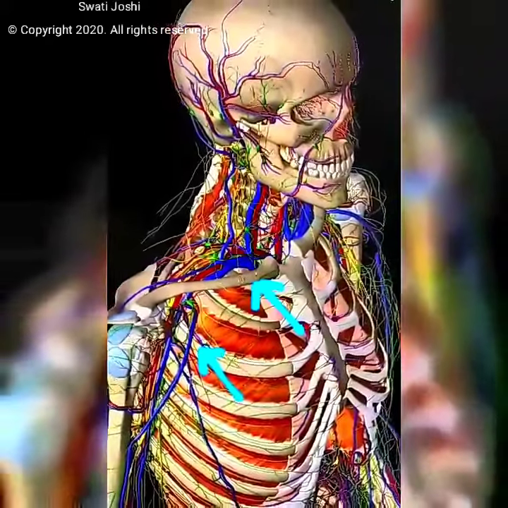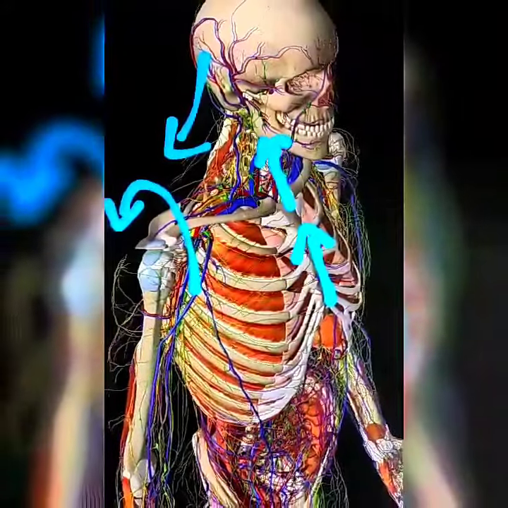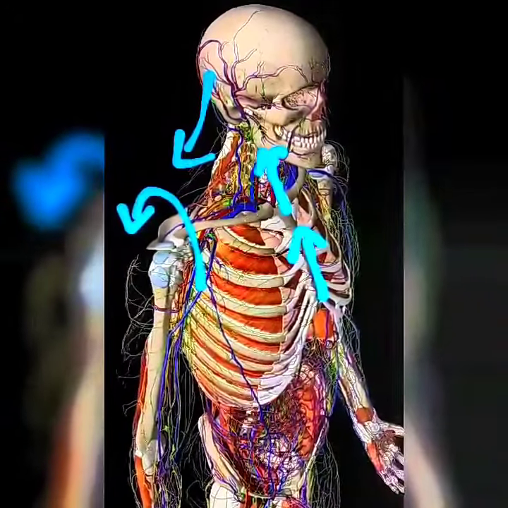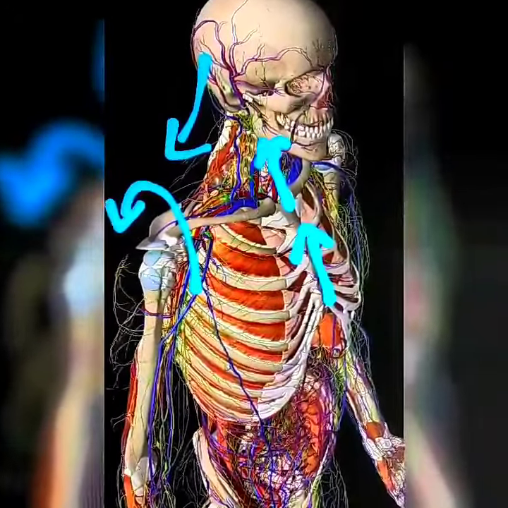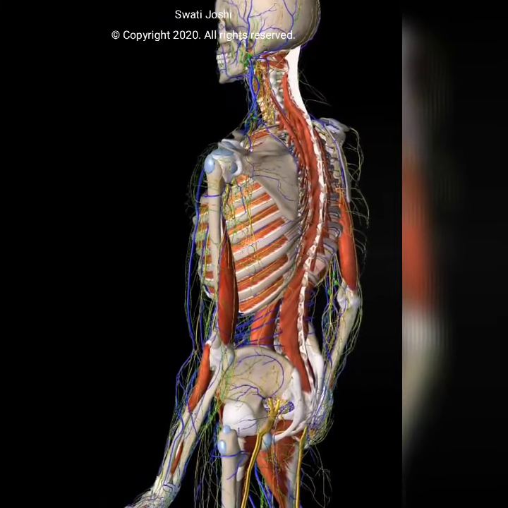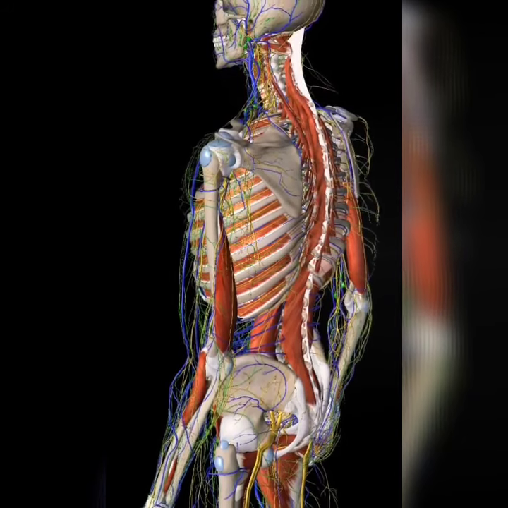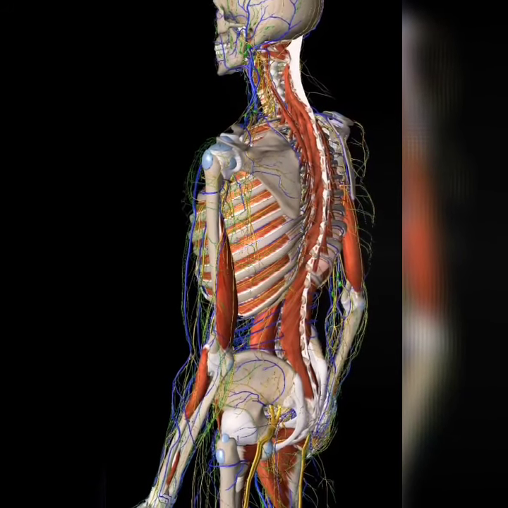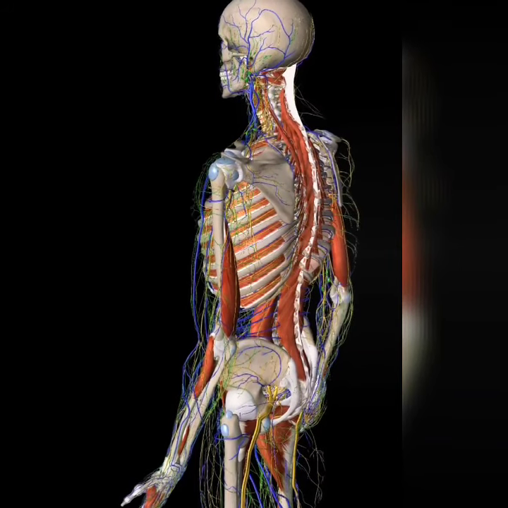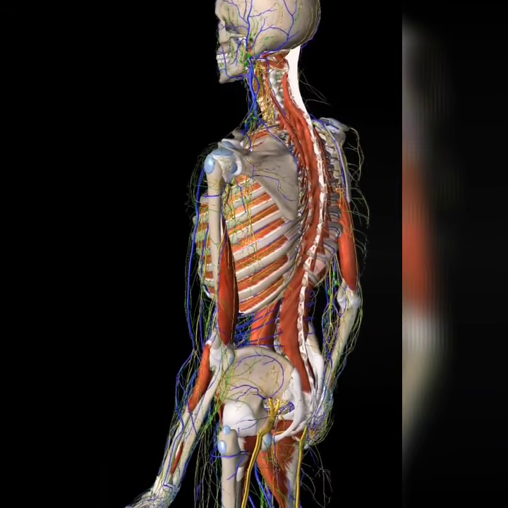See this area, this is called a cervical diaphragm. So through muscular movement you have to do the smooth movement here. Our central axis covers from head to tail vertebral column and ribcage is attached to this central axis. And observe the shoulder girdle which is attached to the ribcage.